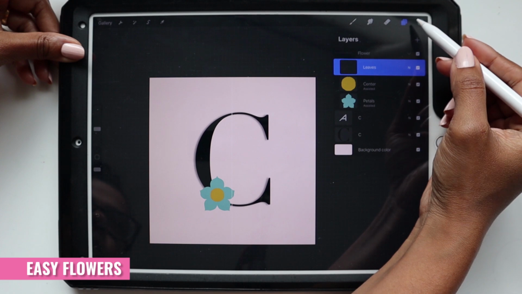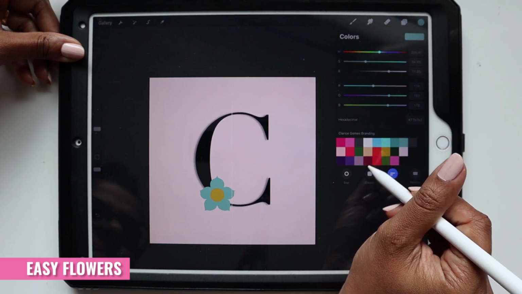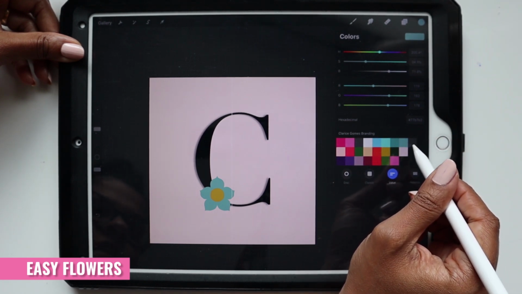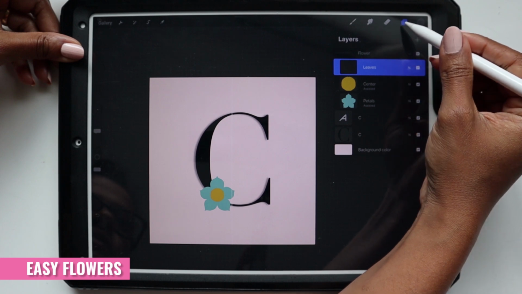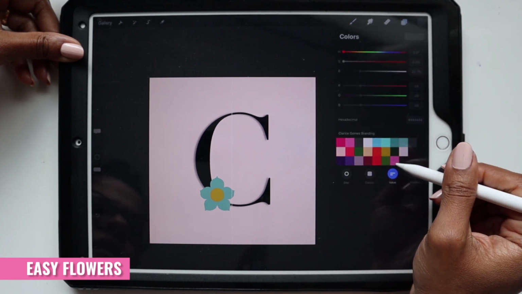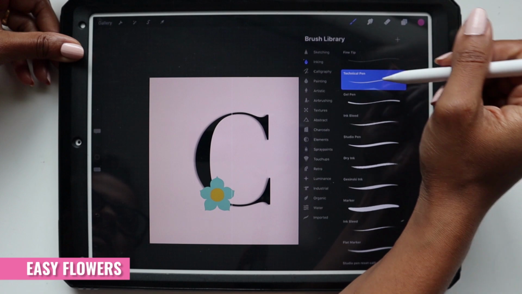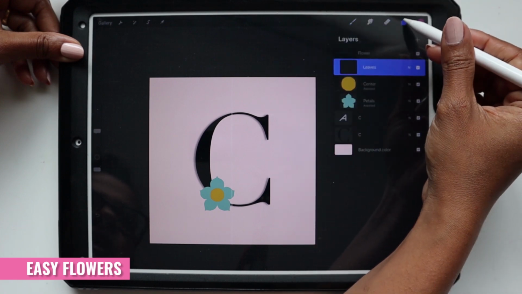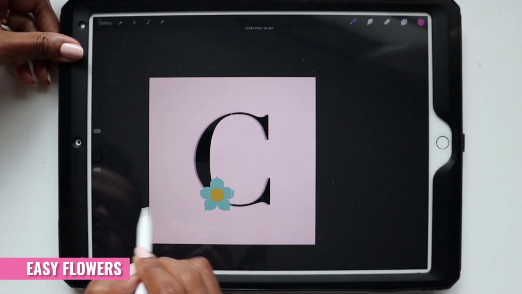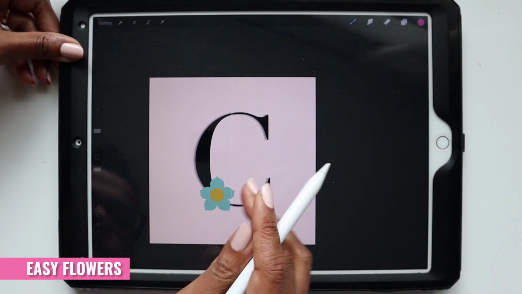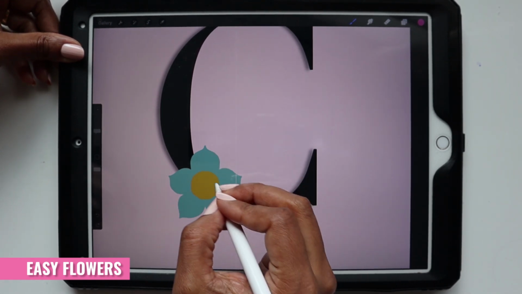And for the color of the leaves, I'm going to select the gray right here. And here's why. No, you know what? I'm going to select the pink. Yeah, let's just select the pink for leaves. I'm still selecting the technical pen. We're going to make this very artsy as opposed to realistic. So making sure that my thickness is okay, we're going to go ahead and create some leaves that look like